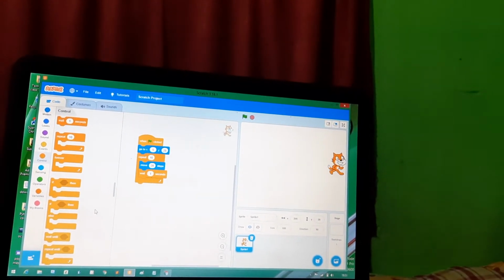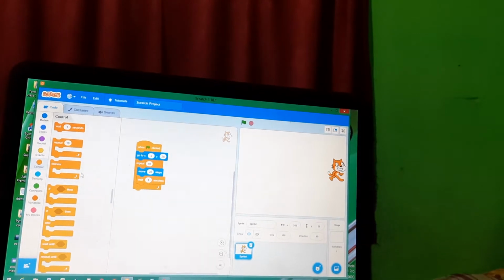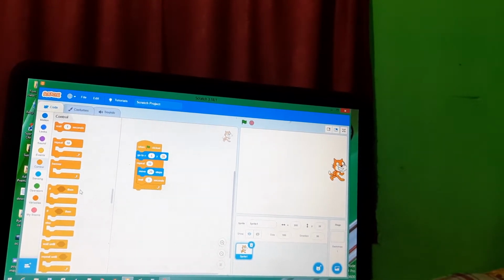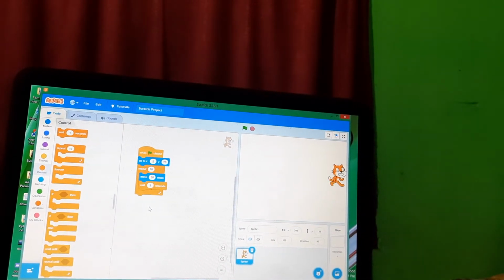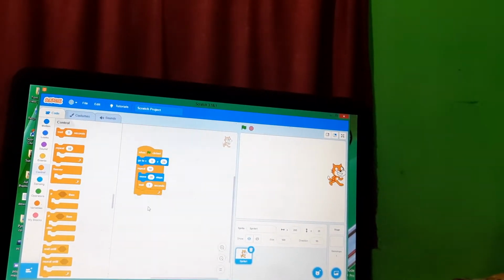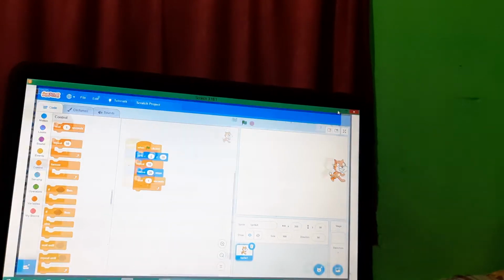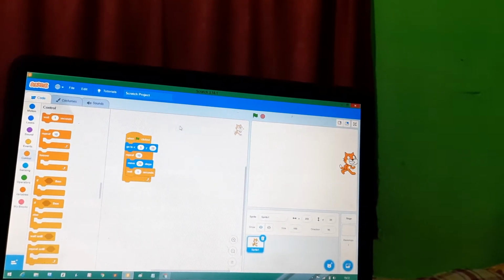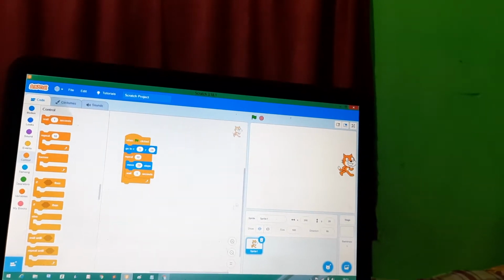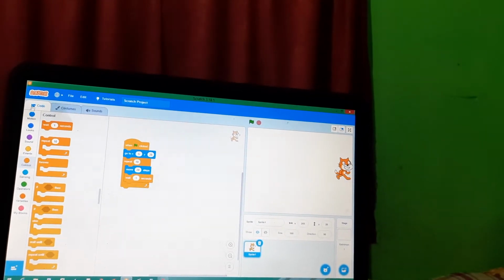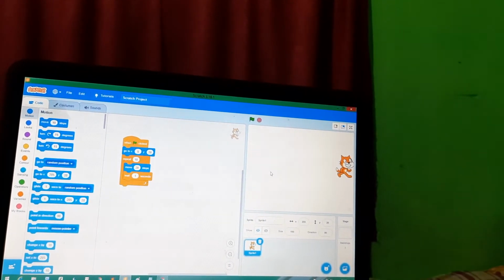Now another block that we often use in the control block is the forever block. Suppose you want your sprite to move until it touches the edge of the stage. So for that, what can you do? Let us make our sprite come to its original position.